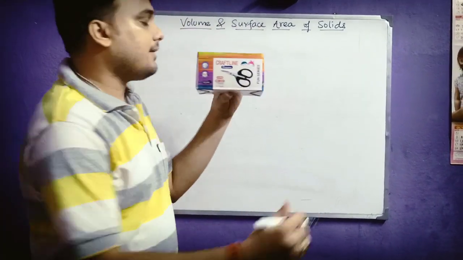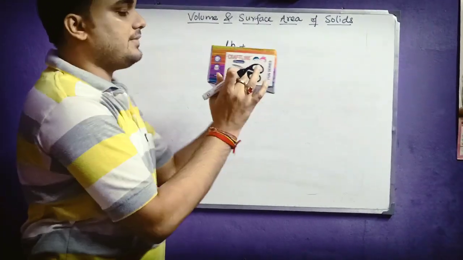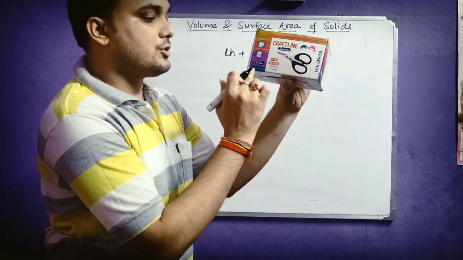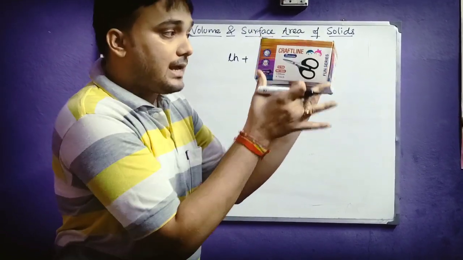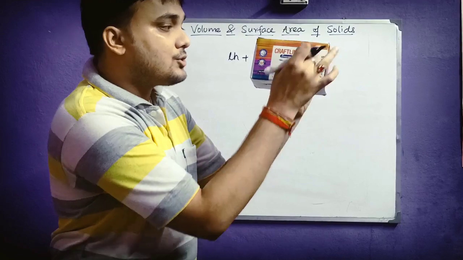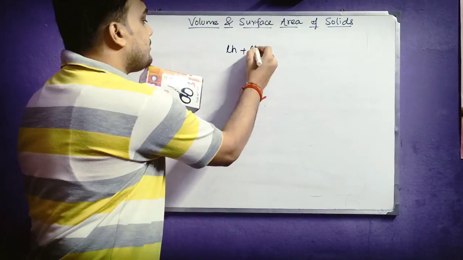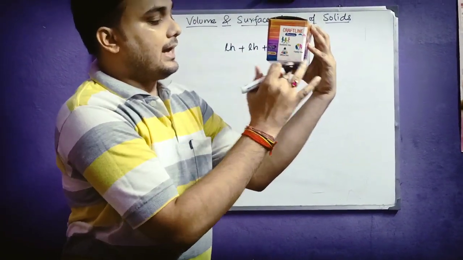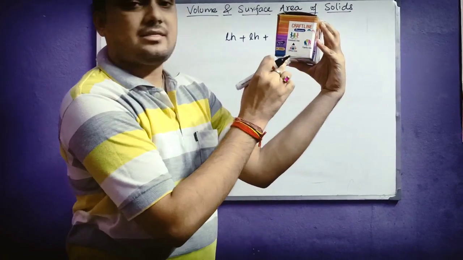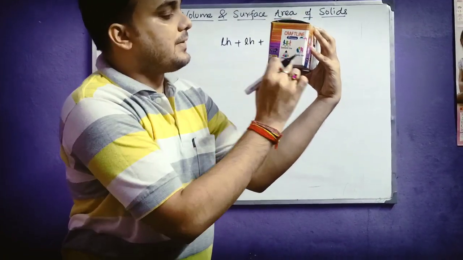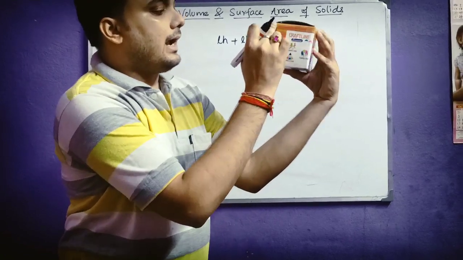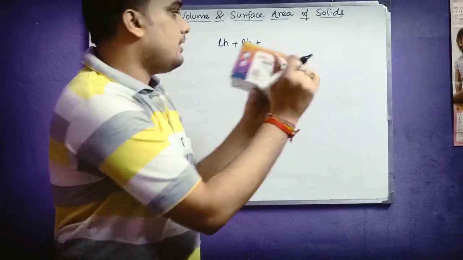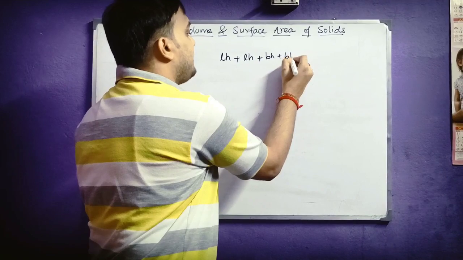Let me write here, I have got length into height, area of this face, and opposite to this face we have this face, and the area of this will also be length and height as this face contains the length and the height. So area of this face will also be L into H. What will be the area of this rectangular face? This is the breadth and this is the height. So area of this face will be breadth into height and this will also be breadth into height. So we have two faces of equal area, which is breadth into height plus breadth into height.